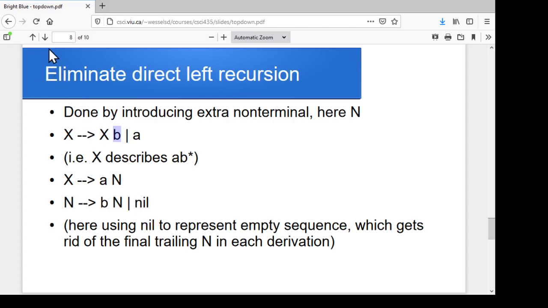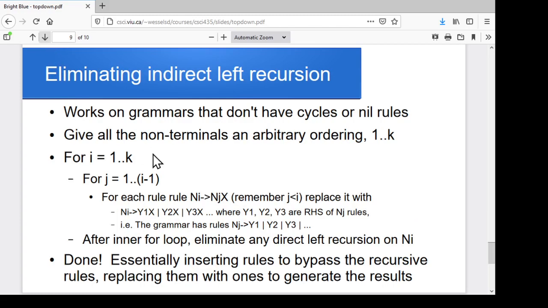Now, for indirect left recursion, it gets a little bit uglier. Because, again, we have to account for all the cases where we've got this kind of sequence of steps in between before we get back to our original token, our original non-terminal. So what we're going to do is apply just an arbitrary ordering. I'm going to say, okay, my non-terminals are going to be numbered 1, 2, 3, 4, 5, 6, 7, whatever order you like. And then we'll go through each of them in sequence, and for whatever non-terminal we're looking at